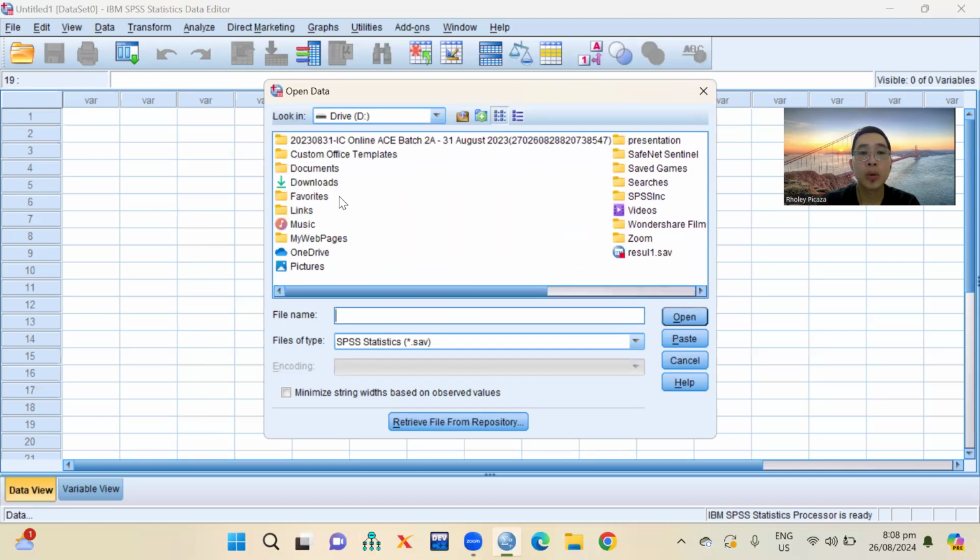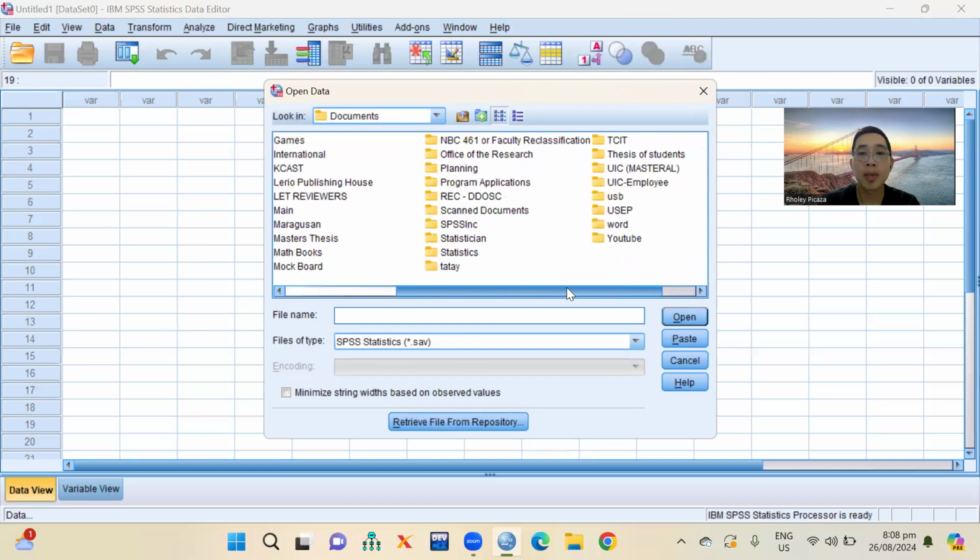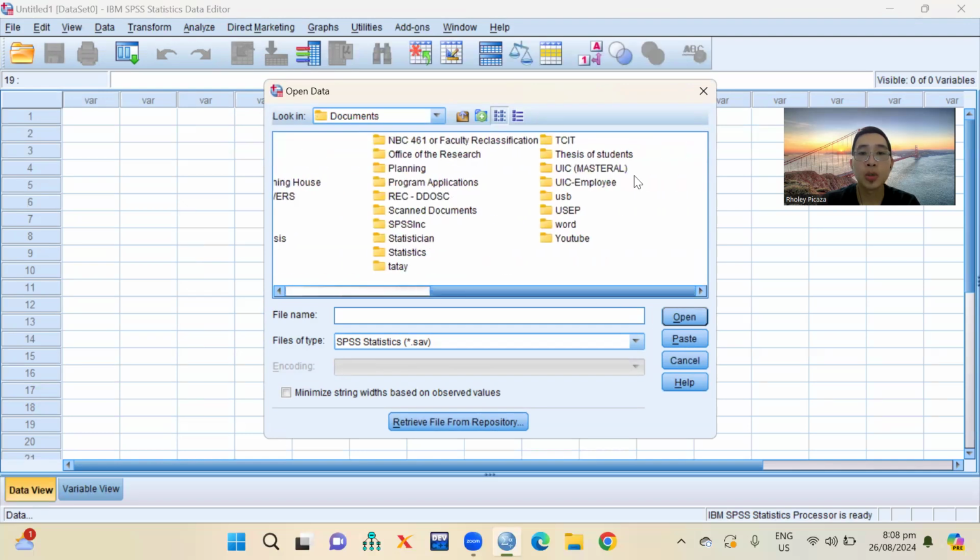So go to where you put your data or sample data. So I will go to document. So here you cannot see the Excel.